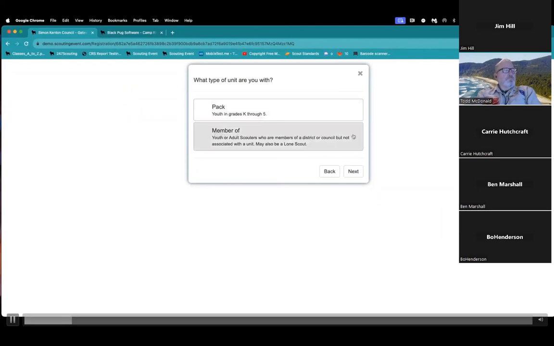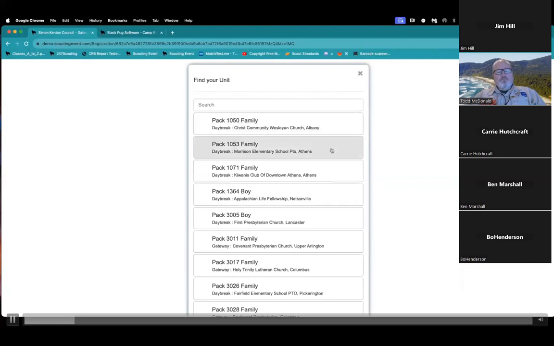This member of option is if you are not affiliated with a unit, but you know you're registered in a district or something like that, so you can enter this information without having to choose a unit. But I am part of a pack, and I'm actually part of this first pack in the list, this pack 1050F.